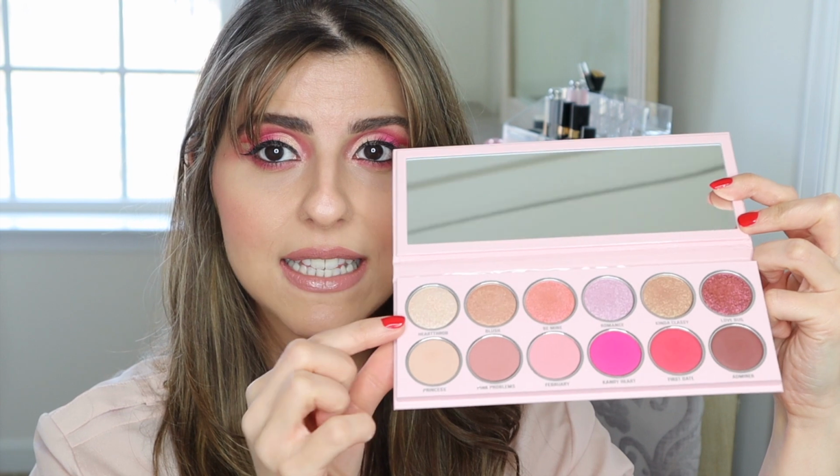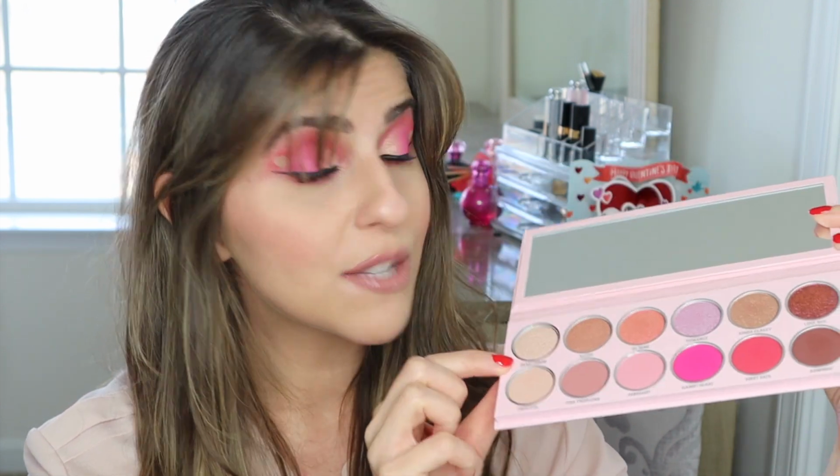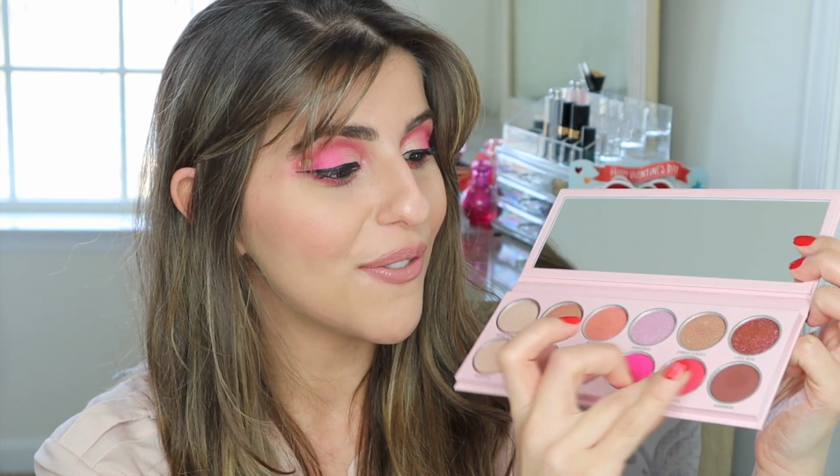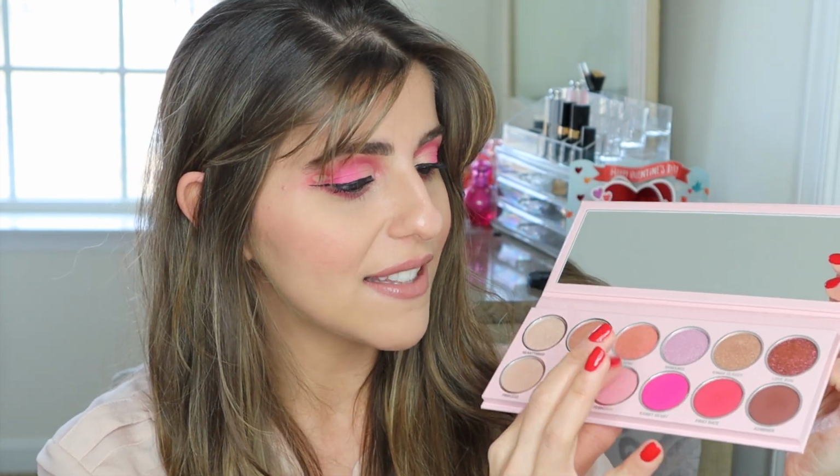And now for the palette. You guys, this has got to be my favorite palette from Kylie Cosmetics, and I'll show you guys why. The palette itself comes with 6 matte shades as well as 6 shimmer shades, and it's perfect. You can create so many different looks, and I chose to steer towards the pink shades today because after all it is Valentine's Day. It's beautiful, and the pigments are very, very pigmented as they usually are